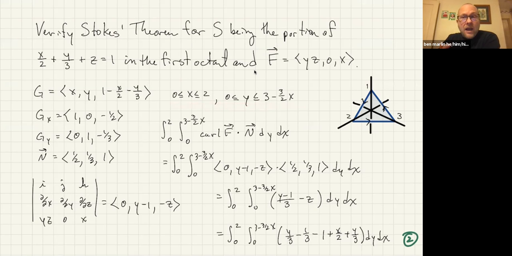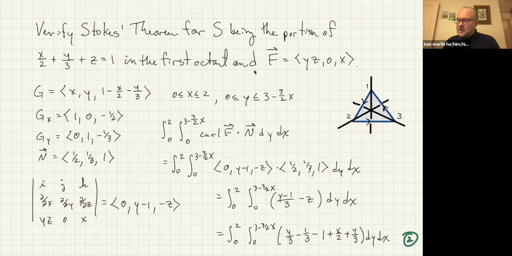Now, you don't have to have parameterized it in exactly that way. It would totally make sense to pick a point, say this 2, 0, 0, and this vector here and this vector here, and then take t times that vector, and then s times that other vector, and then do something with, say, t going from 0 to 1 and s going from 0 to 1 minus t. Okay, that would be a perfectly valid way to go at that